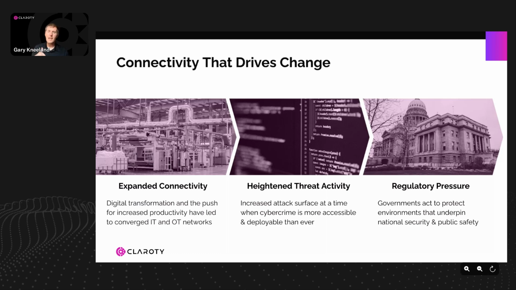First is expanded connectivity. I'm sure this is something a lot of you have seen, but this idea of air gap systems that we used to have a lot of in the past has dramatically changed. Whether it's new systems that require more and more connectivity, third-party vendors that require access to the systems for either maintenance activities or maintaining a warranty or something like that, or metrics that your business is trying to get out of your OT environments, things like production data and those type of things. There's just more and more connectivity that's continuing to happen on these operational networks. It's also something that I think is going to continue accelerating, right? We have a lot of systems doing this today, but it's something that I think we're going to continue seeing as we move forward.